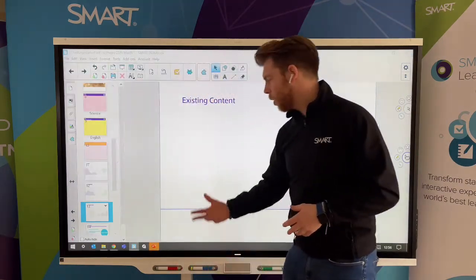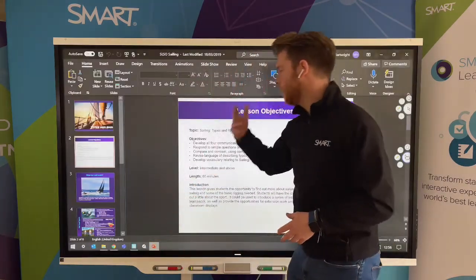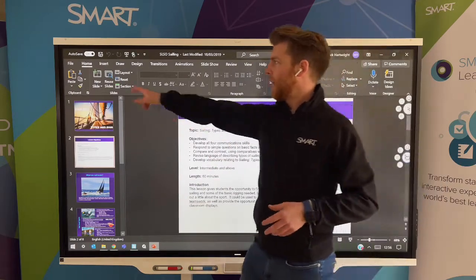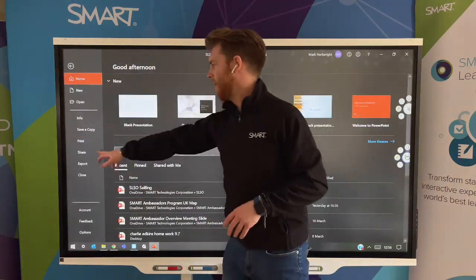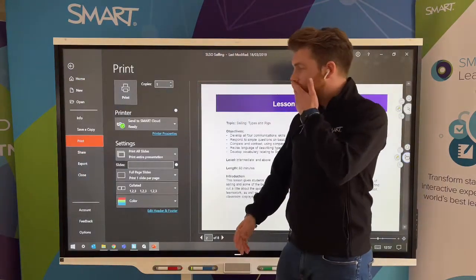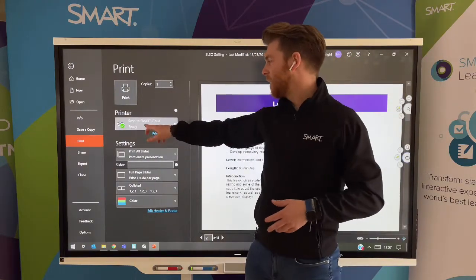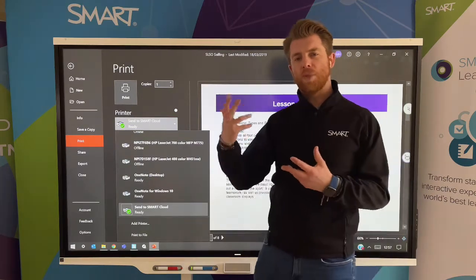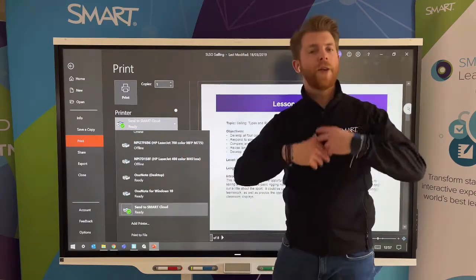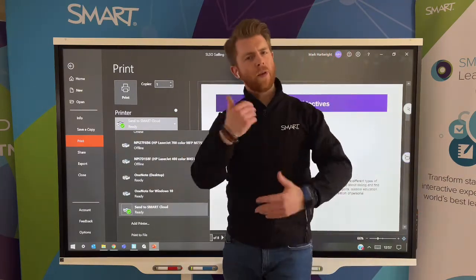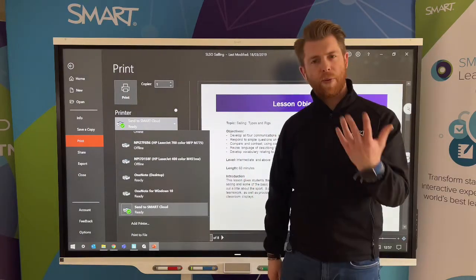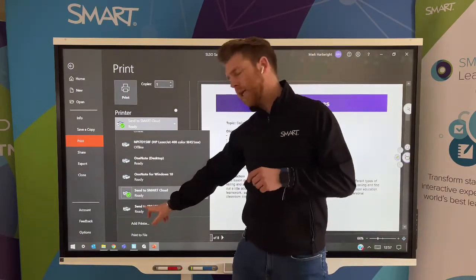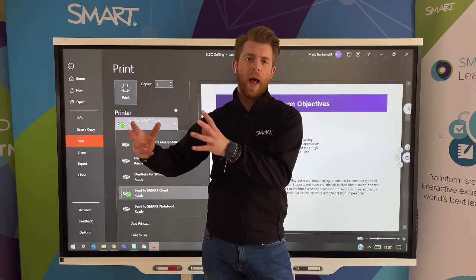Another way, if you've already got your lesson open in PowerPoint, is to click on File, and from in there you can print it. Rather than printing it to a printer, I can send it to the Smart Cloud. That will send your PowerPoint lesson straight to your Smart Learning Suite Online file, and then you can deliver it through Smart Learning Suite Online, and you've got all the advantage of that as opposed to just that presentation. Or of course you can send it to Notebook, and it will take that lesson and bring it over into a Smart Notebook lesson,